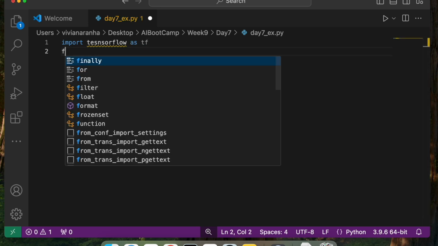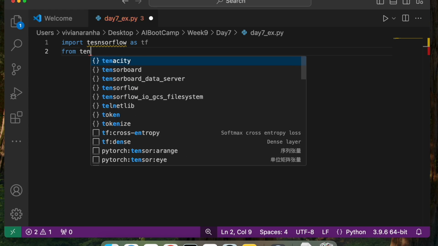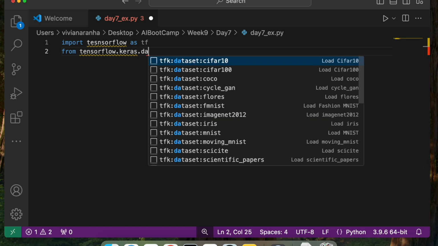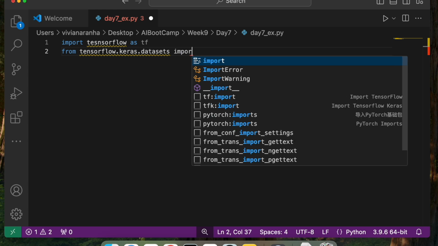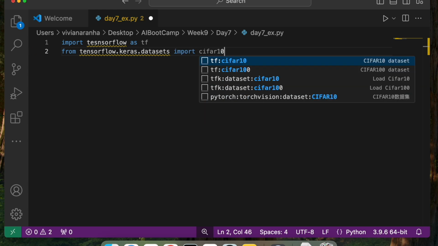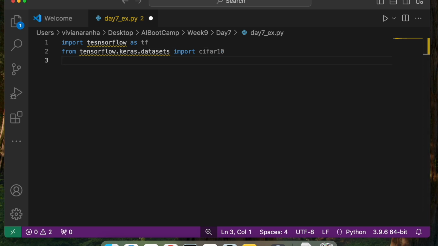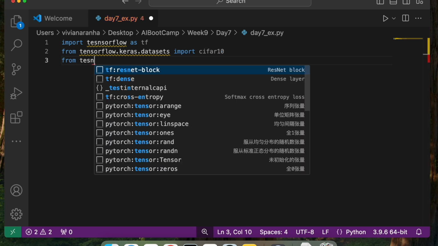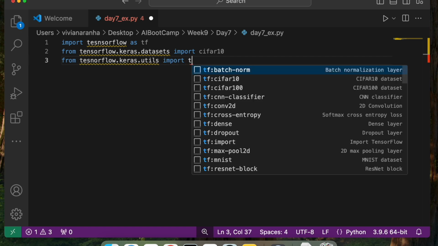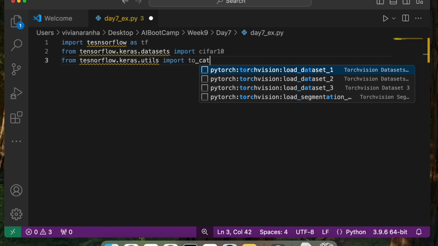Next, I am going to say from tensorflow.keras.datasets, I am going to import the CIFAR-10 dataset. Now from tensorflow.keras.utils, I will import to_categorical.